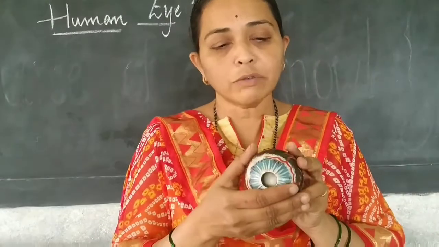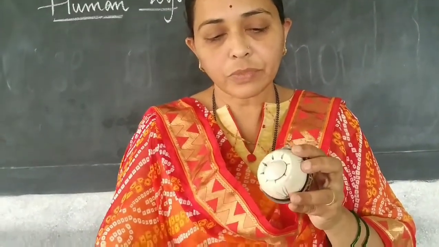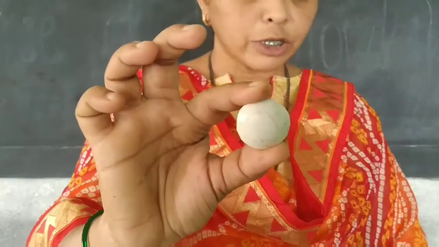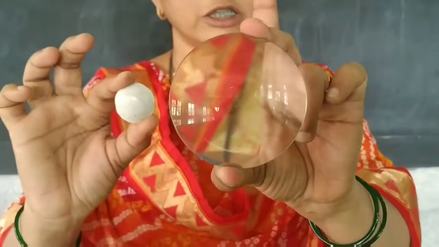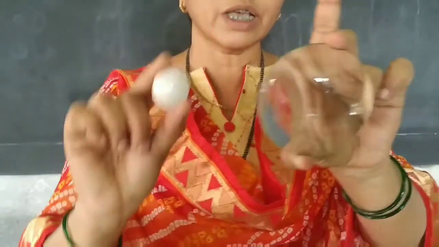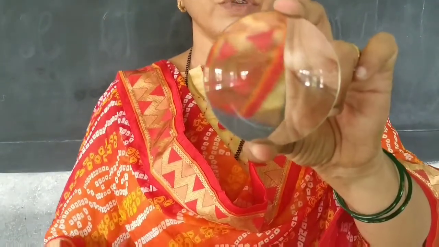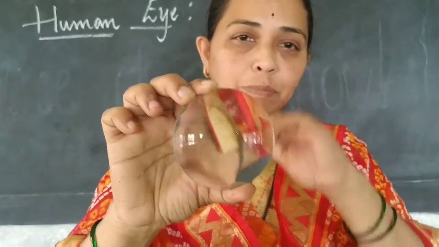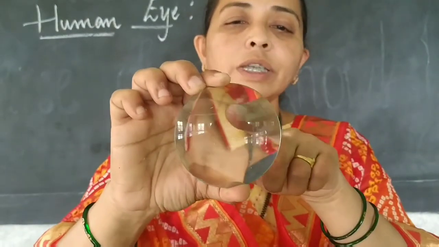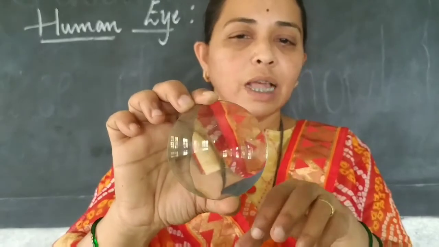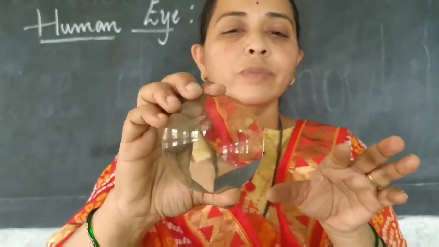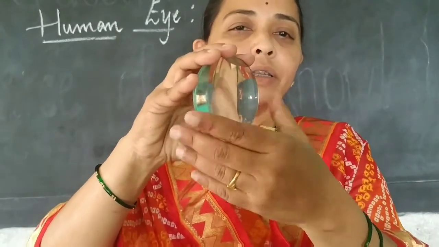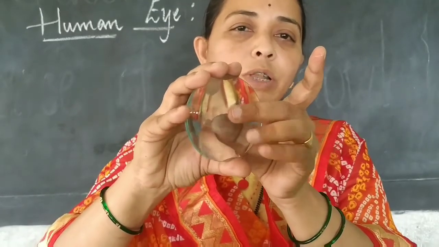So the next part of the eye is the lens. Here the lens which is shown is an opaque substance, but actually our lens is transparent. Instead of holding this, I will hold this lens. So we have in our eye a lens after the pupil. The lens is transparent like this glass lens, but this lens is non-living. Our lens is living, and we can make it thinner, more bulgy, or flat.